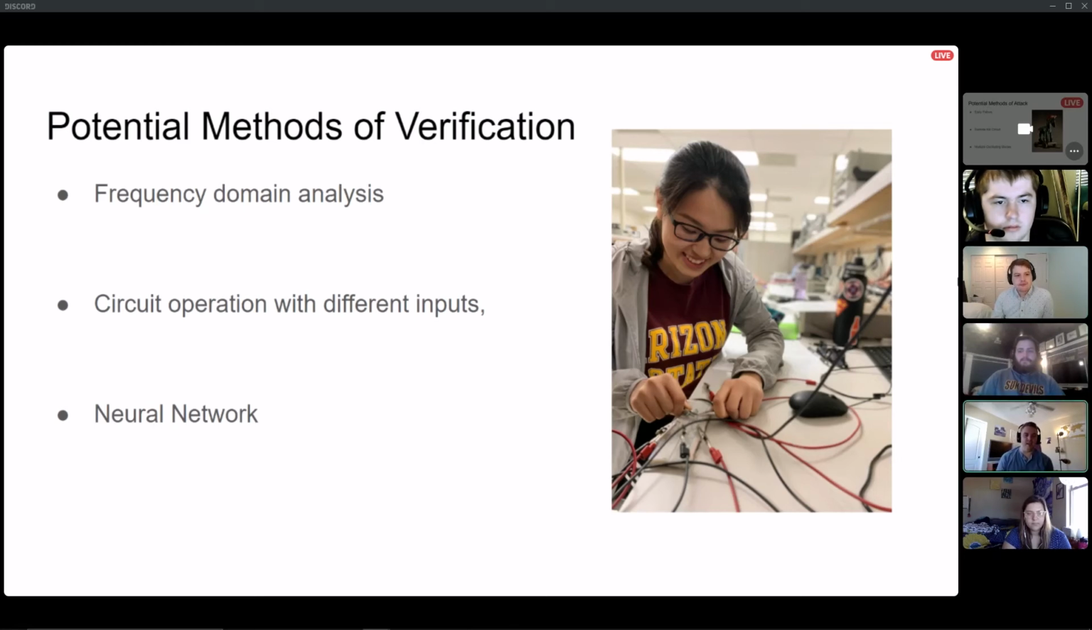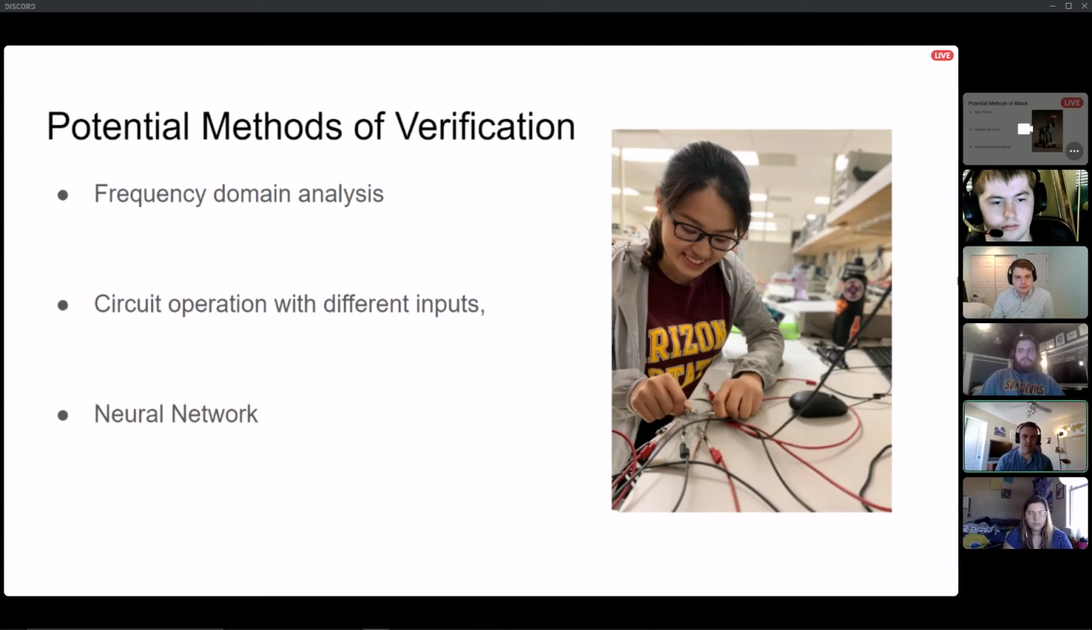And then the second option is circuit operation with different inputs. So we feed in some sort of waveform, and we see what kind of waveform comes out in the output. And lastly, we're considering neural networks, possibly using Python or MATLAB, in order to find all the different